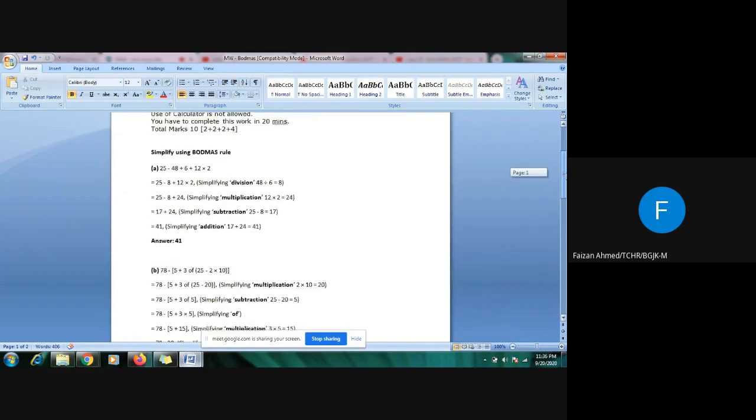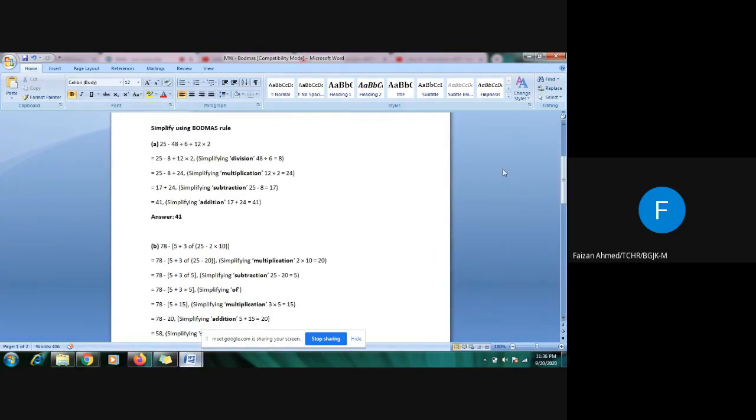8s. This was the first question in which you have to use the Bodmas rule in order to simplify the questions. The question was 25 minus 48 divided by 6 plus 12 multiplied by 2. You know that Bodmas means bracket, of, divide, multiply, add and subtract. So first we will be solving brackets. Since there are no brackets, we'll be starting off with division. Division is 48 divided by 6. So we'll first divide it and we'll get the answer 8,